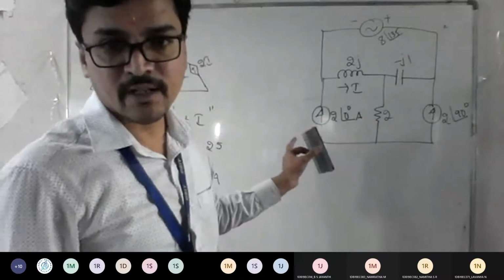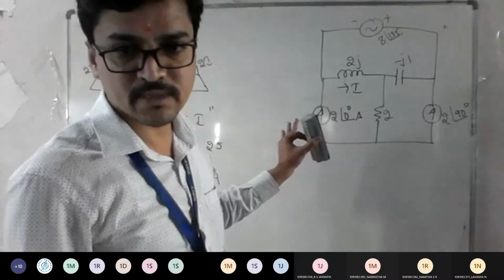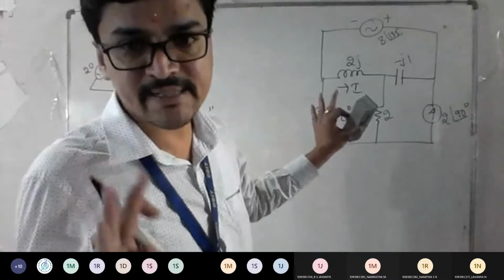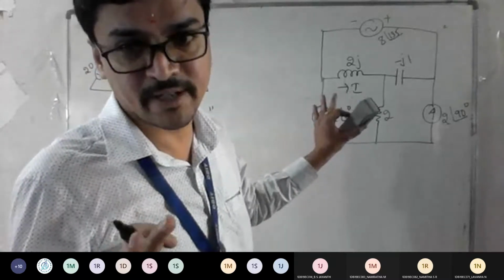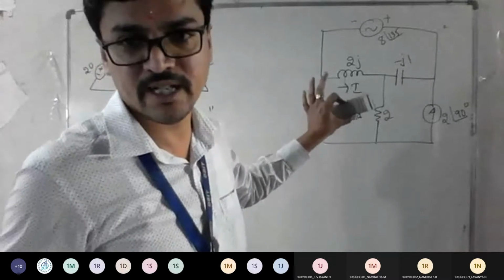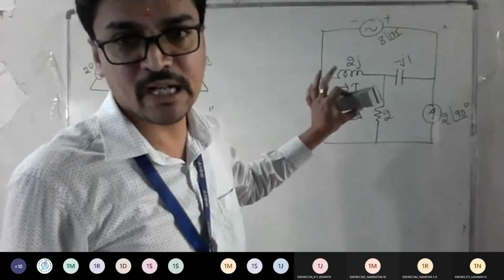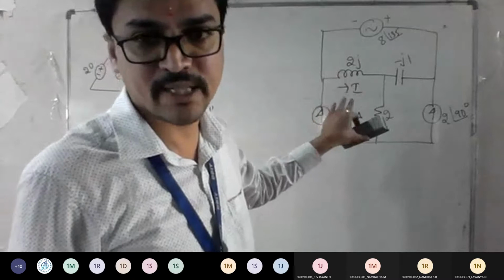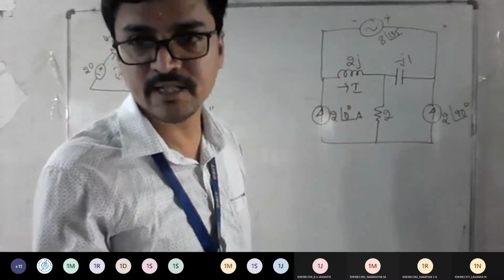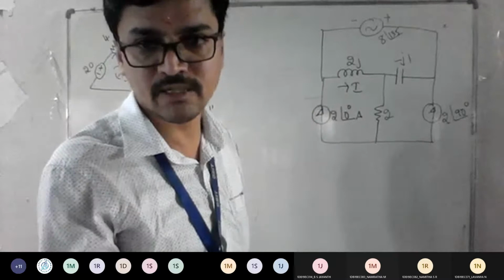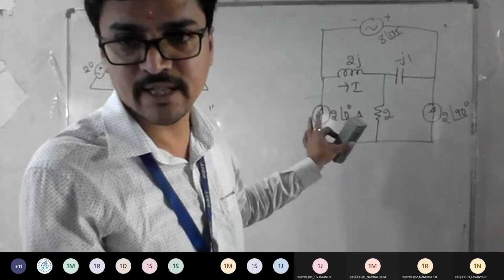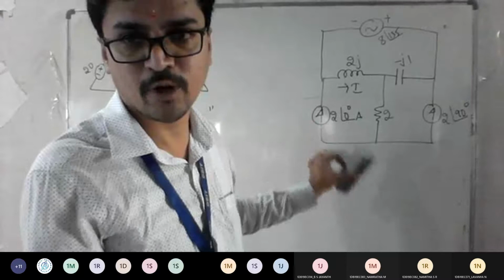See, that's why I'm telling you, whenever you solve problems, the complexity problems are like this only, meaning AC analysis problems as well as dependent problems. Try to solve such types of problems, at least 1 or 2, so you will get an idea how to solve. Otherwise, you're going to get stuck in the exam. That should not happen, so you need to practice at least a few problems on this. If you are able to get this answer, then you will do the remaining easily, not a problem.